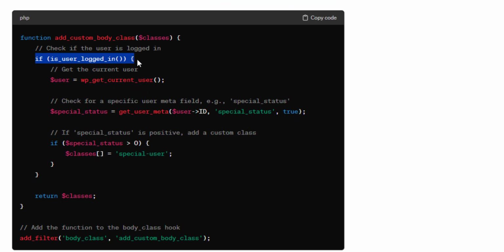So let's look at the code, and you can see it's done exactly what I've talked about. The first thing it does is check to see if the user's logged in. Then it gets the current logged in user, so we know what the user ID is, which we'll use here, and then it sets a special status, so it gets the user meta for